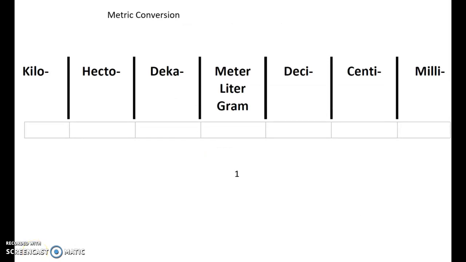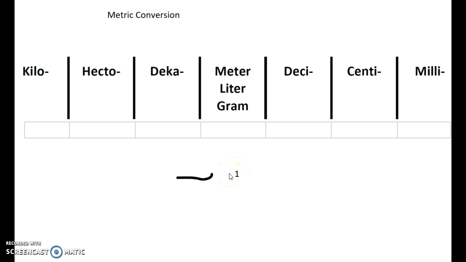One final piece of information I'd like to leave with you. If you'll go back to your first page, we have this metric conversion on its side, and it says that we go from kilo to hecto, deca, meter, liter, gram, deci, centi, and milli. What does this mean? So if we started with 1 meter or 1 liter or 1 gram, so we started with this 1 right here,